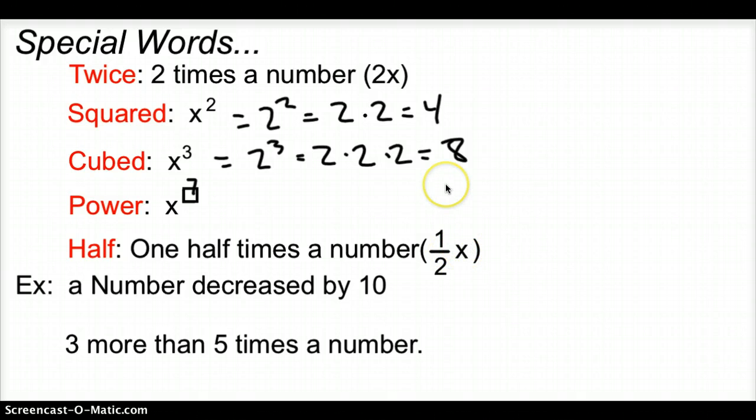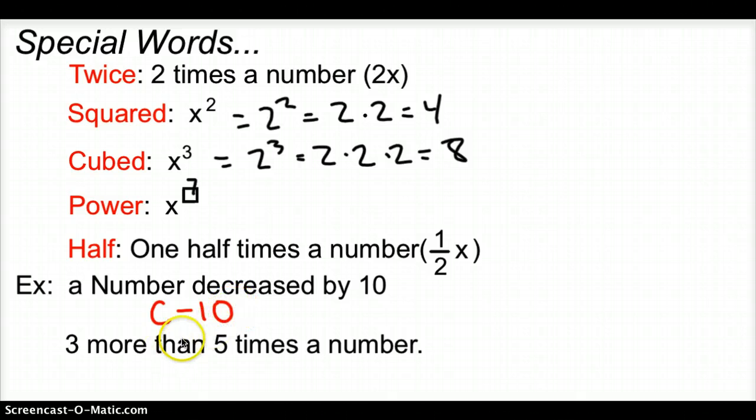So let's hop into an example. A number decreased by 10. Well, we don't know what number it is, so we just have to pick a number in general. What represents a number in general? Any letter, a variable that would represent a number, so I'm just going to make it C. And then decrease by 10. What does decrease mean? To me, decrease means minus,